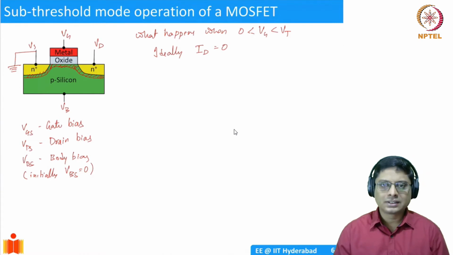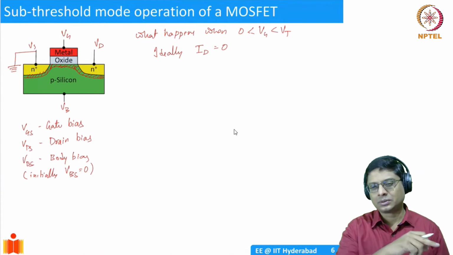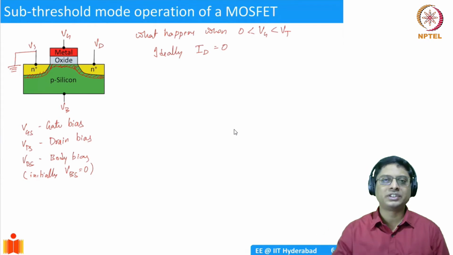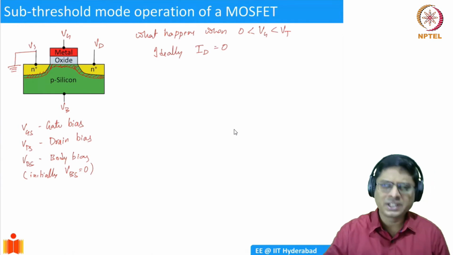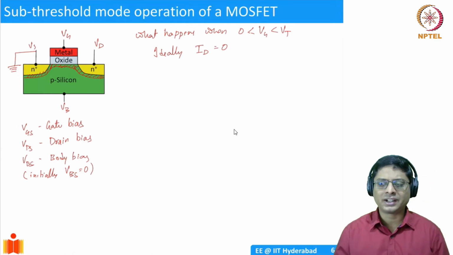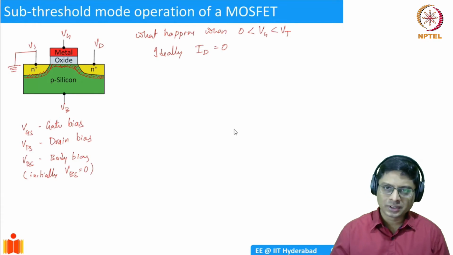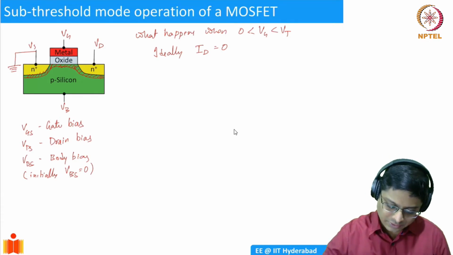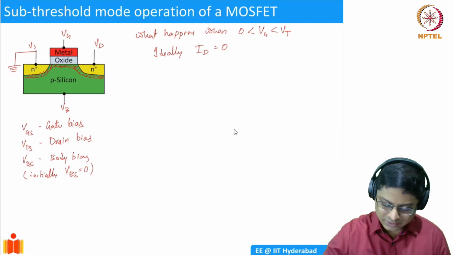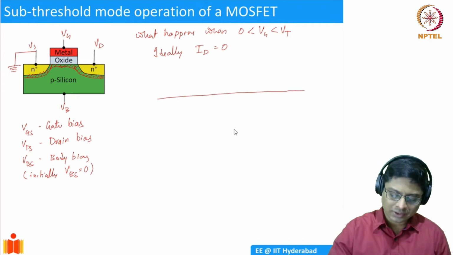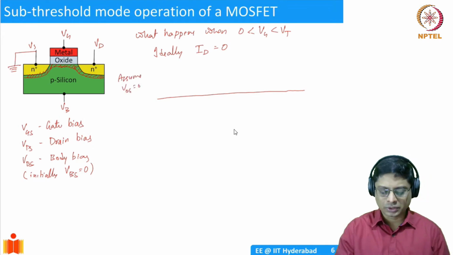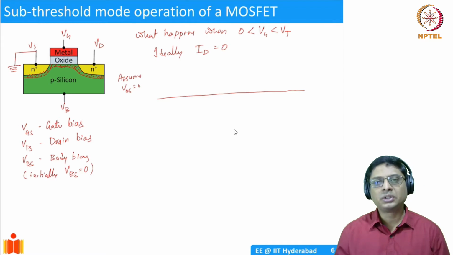To understand that, we have to understand how the current flows between the source and the drain, and we will do that by drawing a band diagram. We have repeatedly talked about band diagrams, so by now we are very familiar with them. So we will try to draw a band diagram from source to drain. First I'll start with a Fermi level, which is uniform. I don't have any applied voltage right now. Assume VDS is 0.